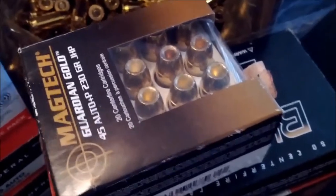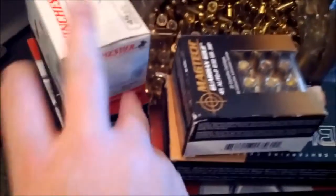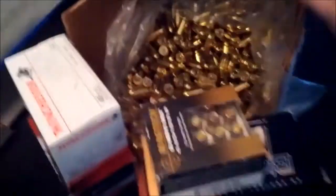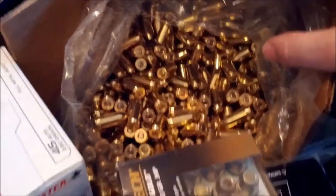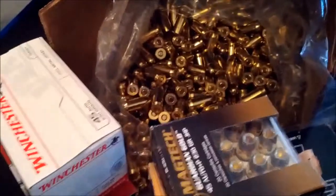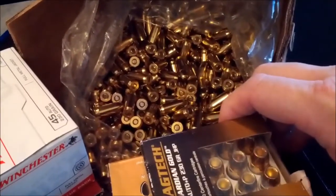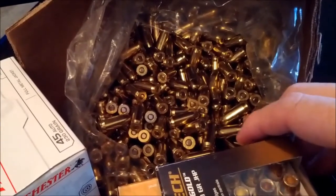230 grain plus P. Just a hair over 500 foot-pounds at the muzzle. It's ball ammo. It's 150, 250, 350, and then those 500 rounds in the back there. And if you've been following along in the math classes, that will give you 850 rounds, which sadly is not quite enough to go shooting all the time. But